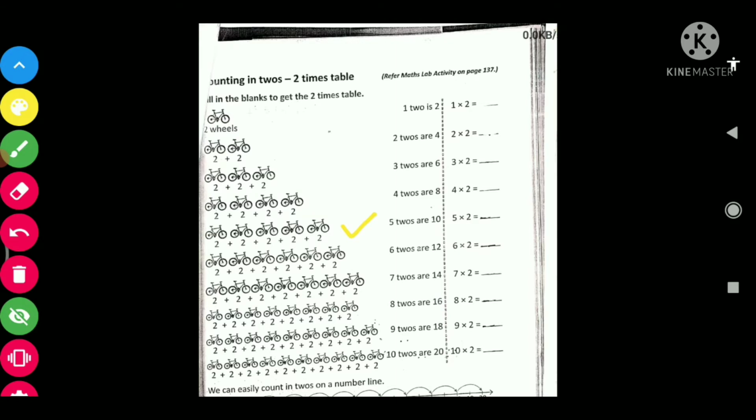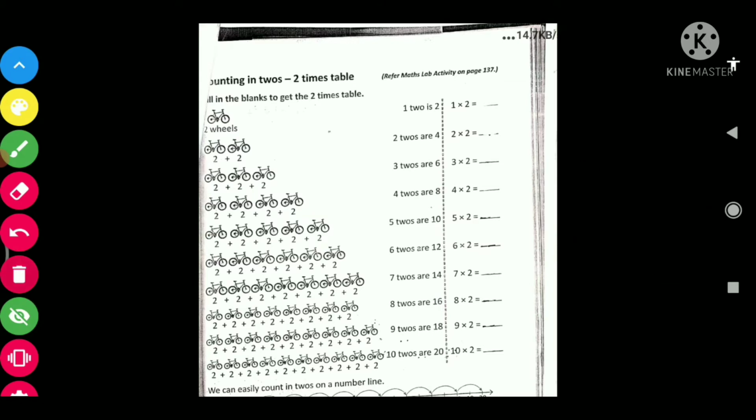Okay, now see the next one. Now 5 bicycles are there, so we'll write 5, and each having 2 wheels, right? So now 5 twos are what? If we combine two 5s, then we'll get what? 10, right?